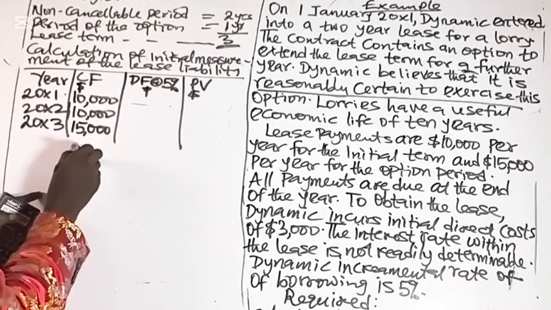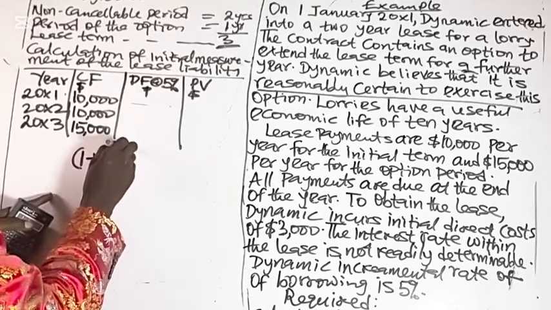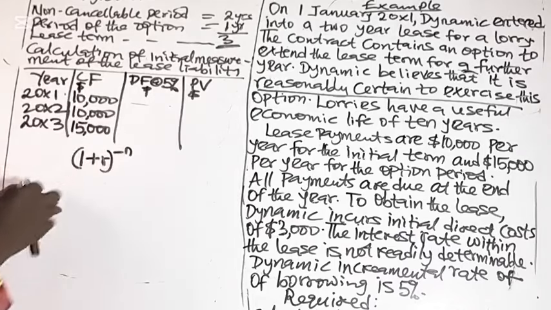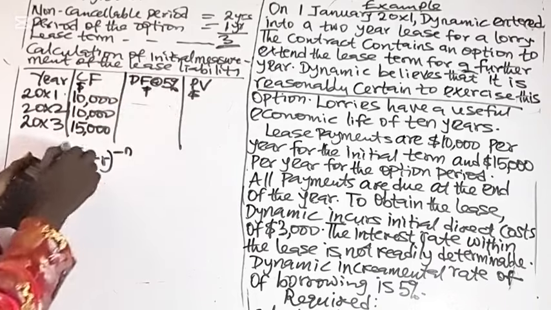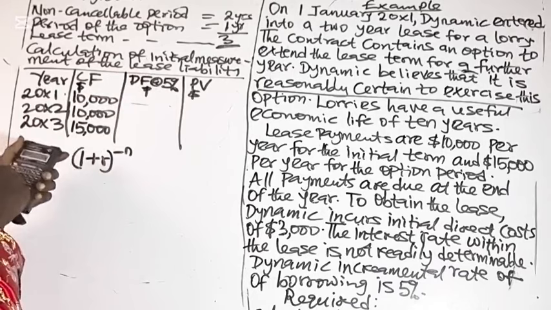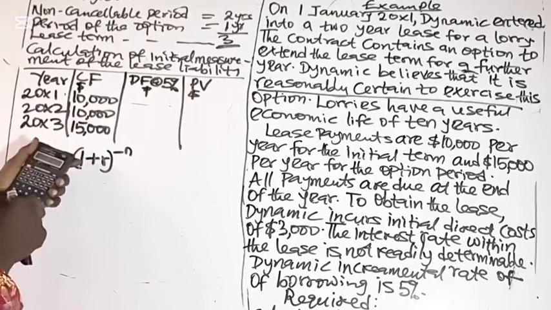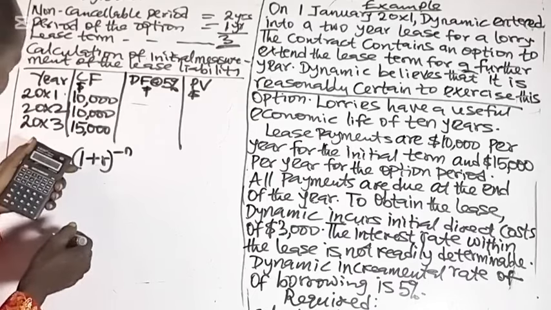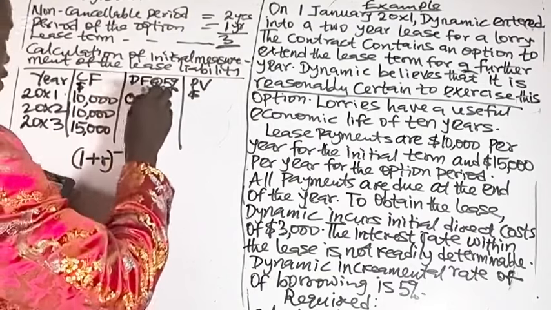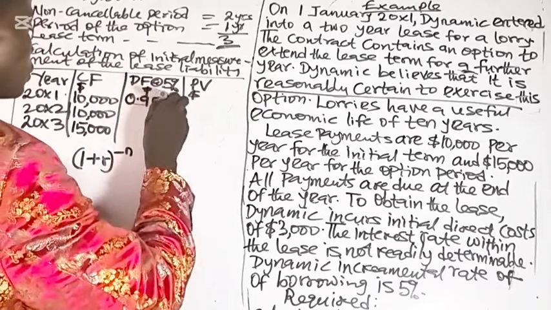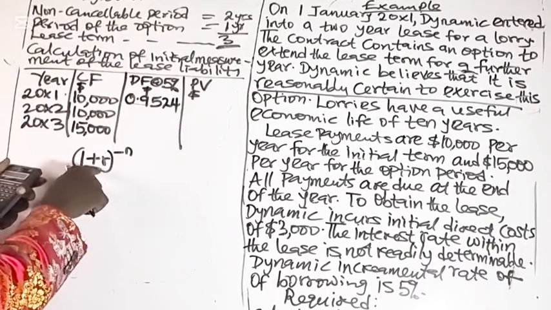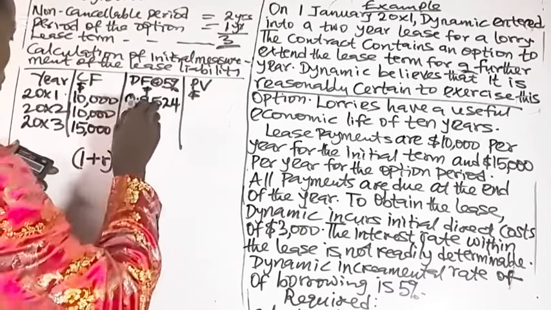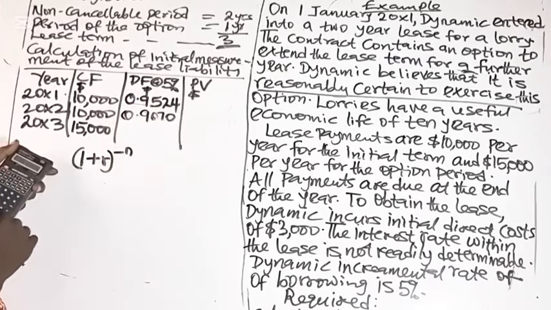So now you can use the compound interest formula raised to power n. So 1 plus r raised to power minus n, where n is the number of years. For year 1, r is 5%, which is 0.05 plus 1. That will be 1.05 raised to power minus 1. That gives us 0.9524. For year 2, 1.05 raised to power minus 2. That gives us 0.9070. For year 3, we have